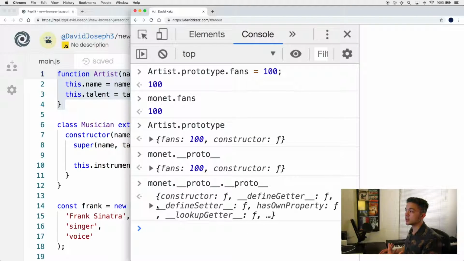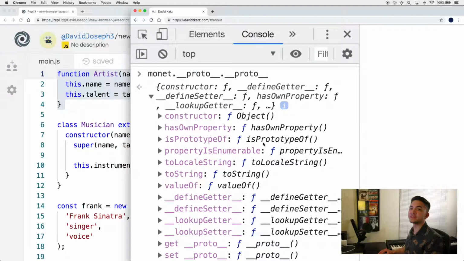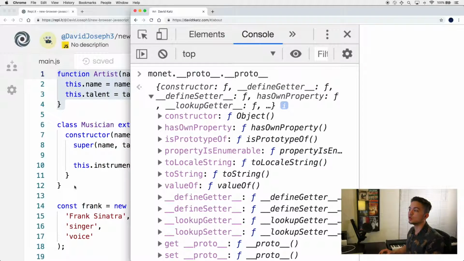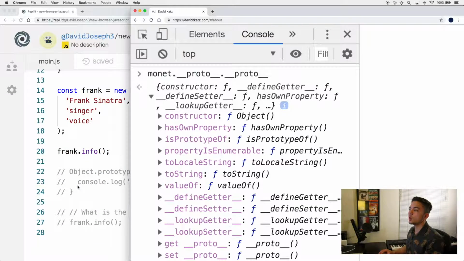This one returns an object with a bunch of methods in it. But what's interesting is that the constructor for the object is within here. So the parent prototype of the artist prototype is the object, which means that the grandparent of the artist function itself is indeed object. So this gives us a clue for how the question is going to work when it